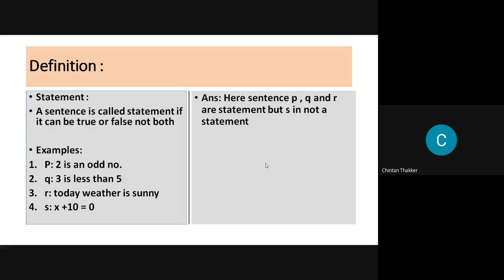In discrete mathematics, statements are mostly denoted by the small letters P, Q, R, S, and T. Mostly we use these 5 letters to denote the statements.